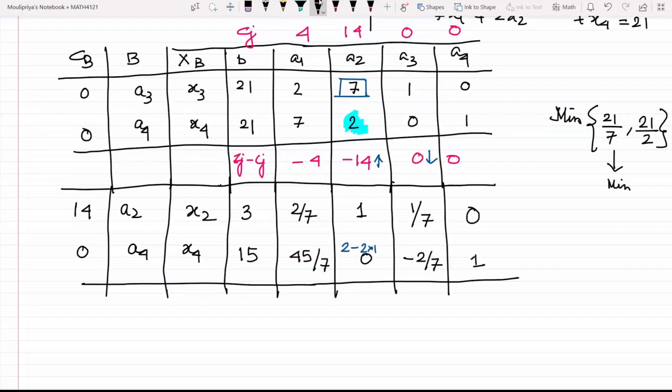Yes, are we okay with this? Then we again need to recalculate Zj minus Cj. So what about the Zj minus Cj's? So 0, then 0, then